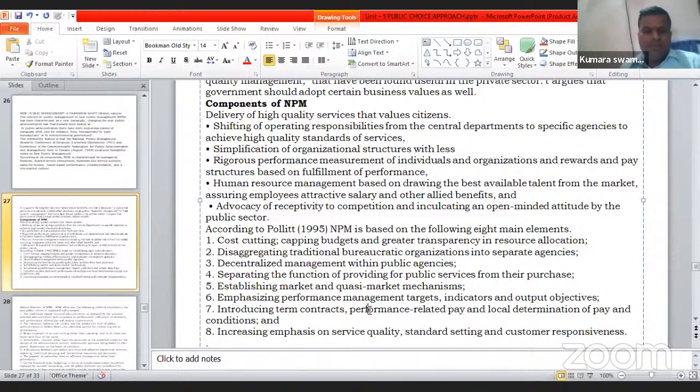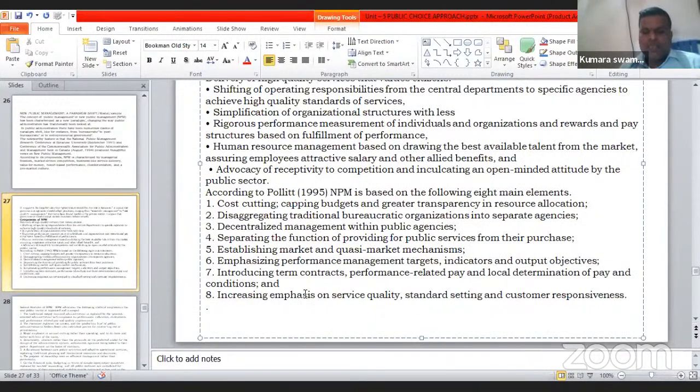We have seen this performance related payment in the work of Taylor, who supported this type of payment. If a person does more work, they will get more payment. So this is also new public management. The Taylor concept also comes under new public management: if a person does more work, then he will get more salary or more benefits. The salary and everything is based on work performance. So in new public management, the parameters they check are the work process, efficiency in the particular work, and saving the budget, like a private organization.